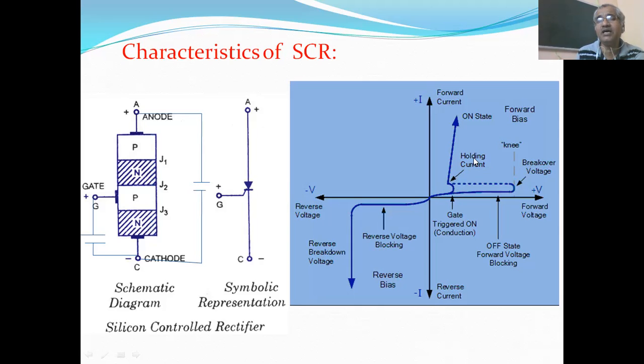So the holding current is the minimum current required to keep the SCR in the on state. What is the holding current? It is the minimum current required to keep the SCR in the on state. But if you put a high resistance in series with the anode, and if you increase the value of the resistance,